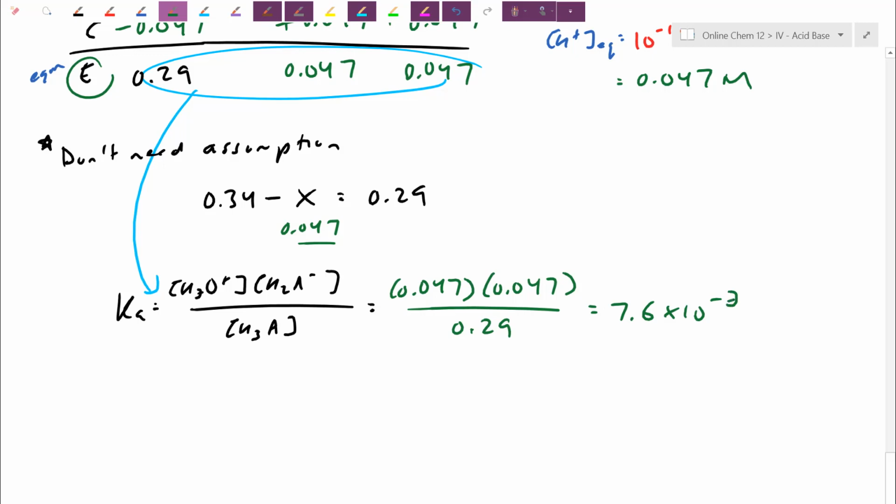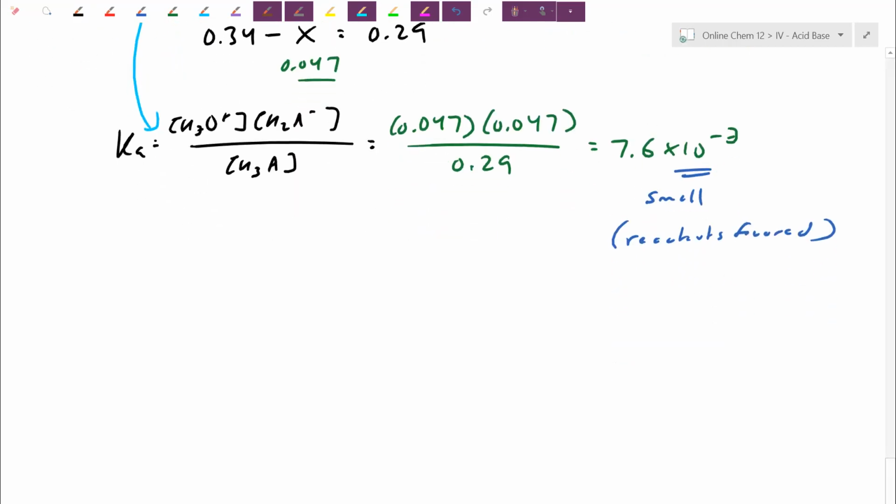Okay, this is an equilibrium constant. Again, we can conclude that we had expected this was a weak acid, so this is small. The products over reactant ratio is less than 1, so I can say its reactants are heavily favored. I have more reactants at equilibrium. That is still true. And in fact, this Ka is a number that actually describes my chemical. I can look on my table: is there some acid there that has a constant somewhere close to 7.6 times 10 to the negative 3? I have one expression on the table,